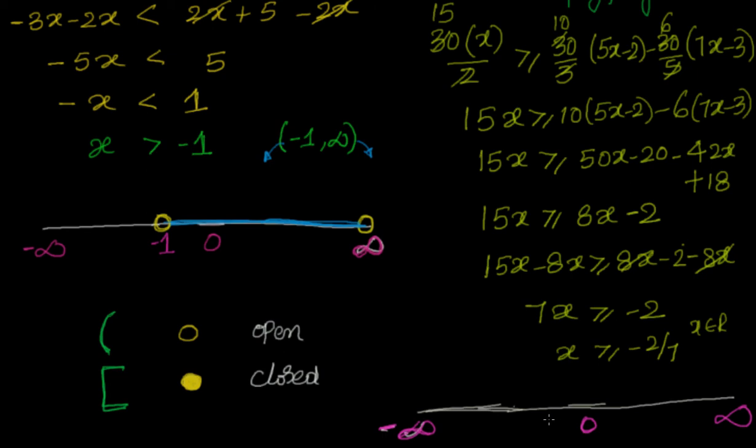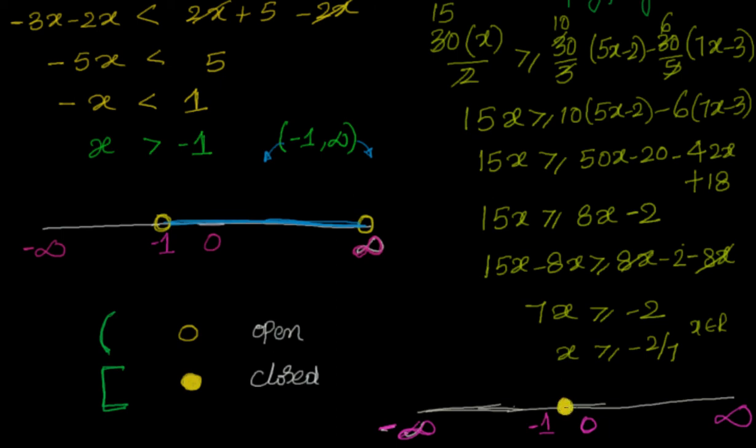Minus 2 by 7 will be between 0 and 1. So let me just put down 1 also somewhere. So let us say this is 0 and 1, and I'll have 0 and minus 1. Minus 2 by 7 is something like minus 0.28, so I'll have it somewhere here. And it's a closed interval, the boundary is included, so I can completely close it.